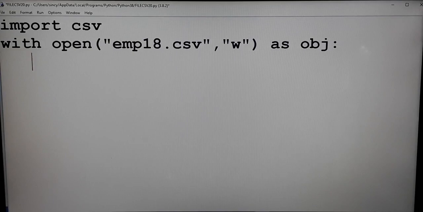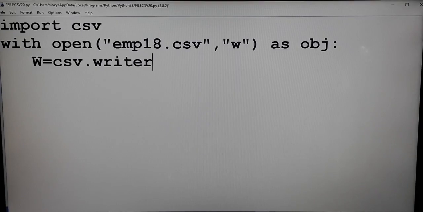The first step, we have to create a writer object. So I am going to create a writer object w equal to csv.writer, it is small letter, csv.writer.